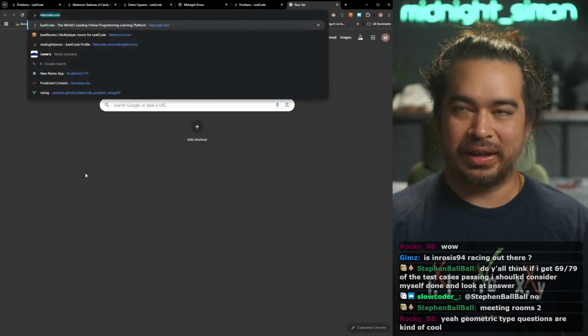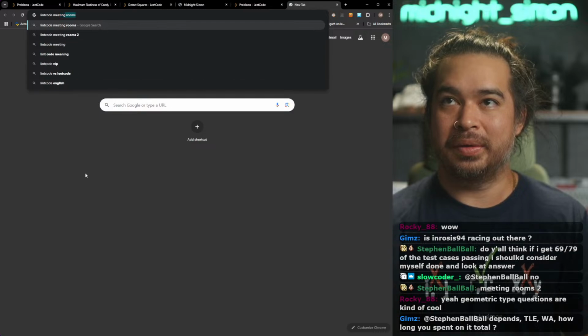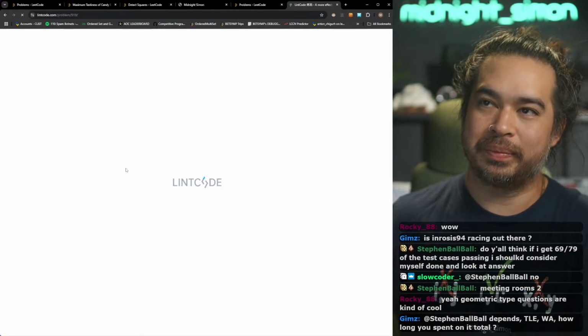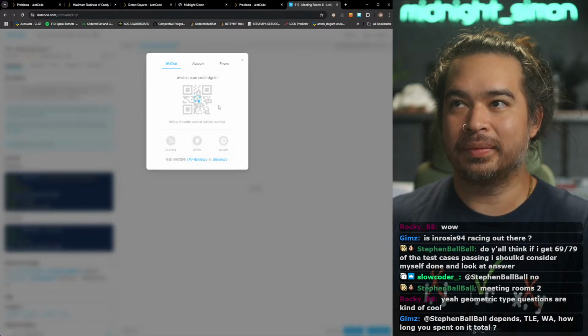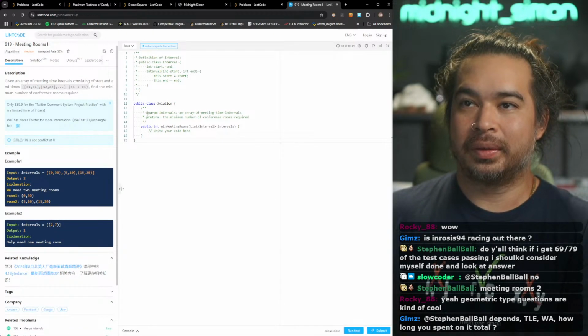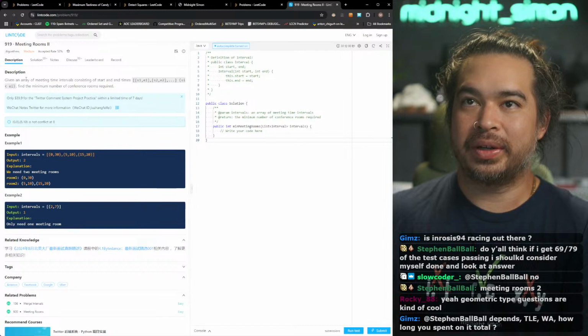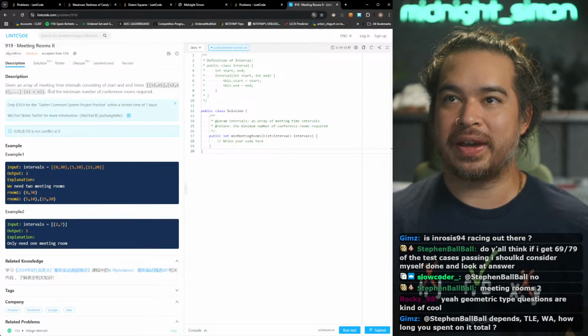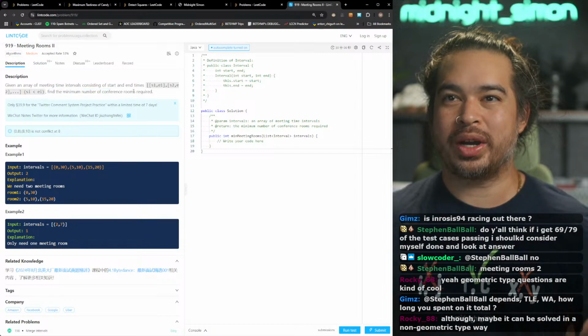Do I have to hit, what is it, LeetCode? Let me read it. So, given an array of meeting time intervals consisting of start and end times, find the minimum number of conference rooms required.